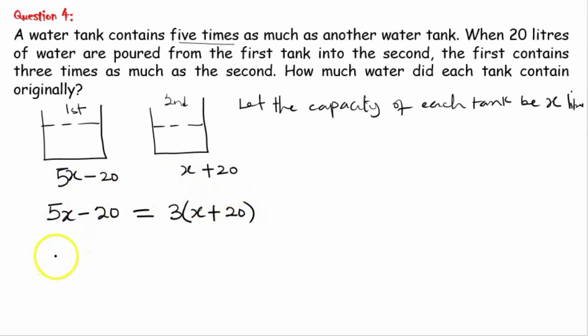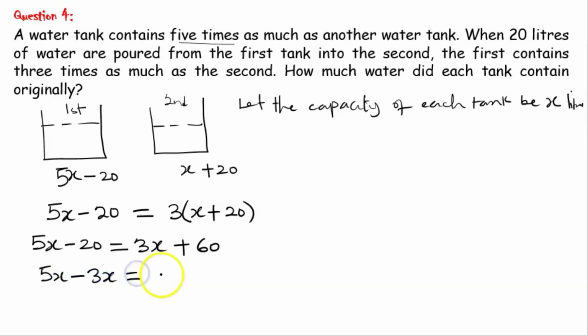All right. So if this is what we have gotten for our equation, what do we do now? We simply simplify and collect like terms where necessary. So this is going to give us 3x plus 60. All right, so we collect like terms, we have 5x minus 3x, which is equal to 60 plus 20. All right, this is going to give us 2x